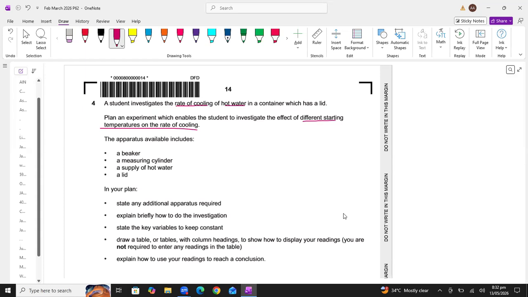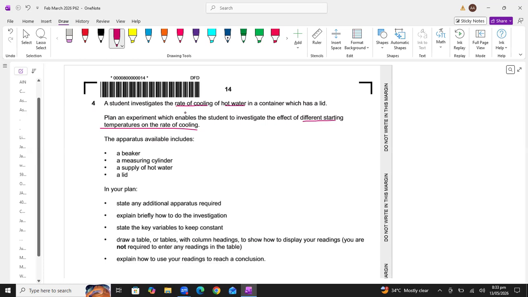Right, students? So basically, what we have to investigate in this experiment is the rate of cooling. Rate means time. All right, students, rate means time. So we have to investigate the rate of cooling of hot water. It means we have to study the relation between temperature and time. Are you understanding, students? We have to study the relation between temperature and time. These are the two variables here.